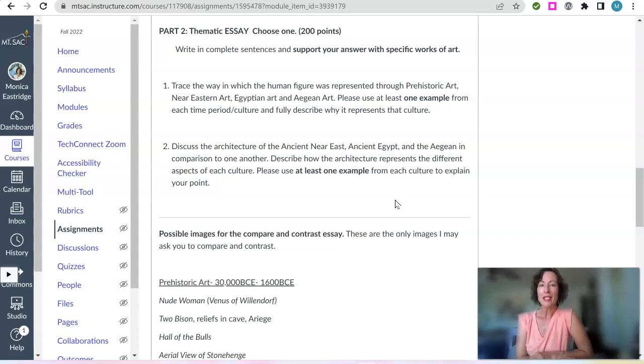So once again, you prepare this at home with all your good thoughts, but both essays, the compare and contrast and the final thematic essay, are something you will write in class during our class period without any notes or brought-in paperwork. That means you're going to have to really prepare before you come and then be ready to sit down and work. I suggest to students two different things.